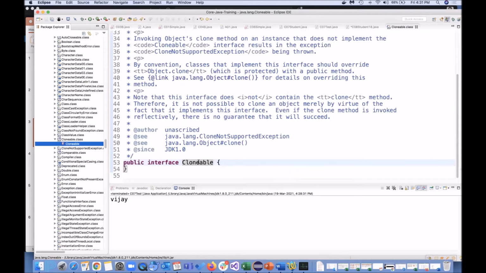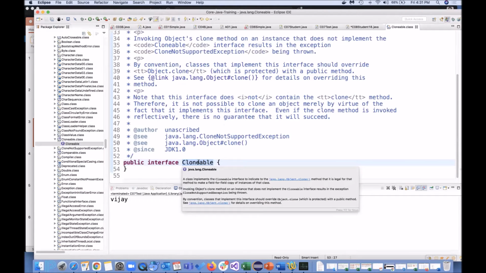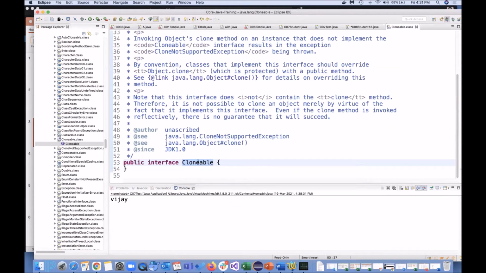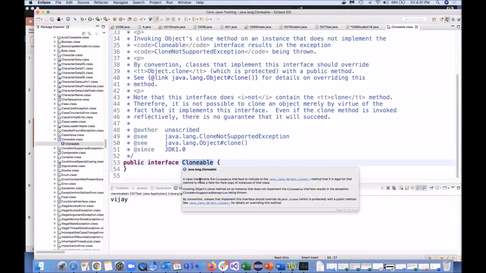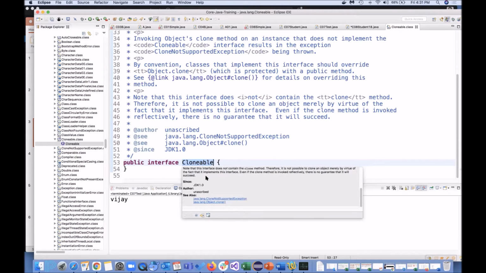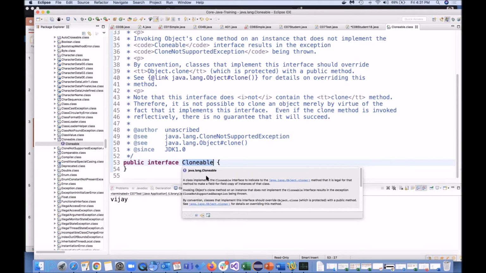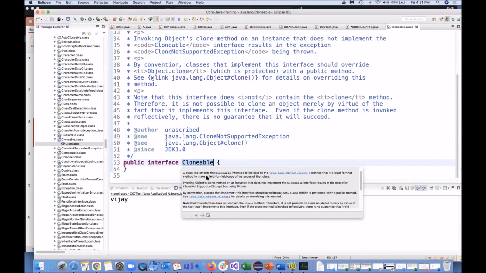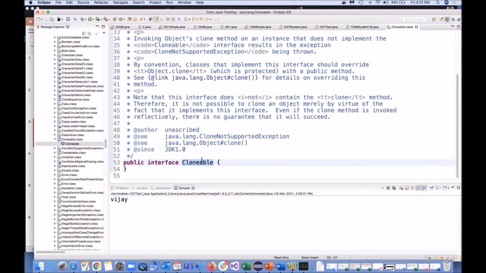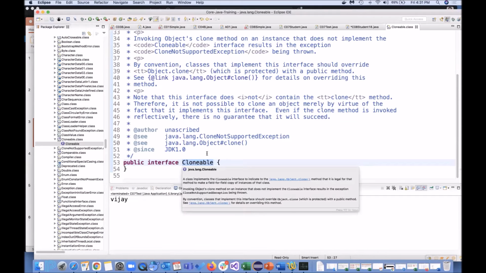But this interface is a blank interface. When I mouse over this, you can see something is written. What is written here? See, you can see this Java documentation, and for any class, any interface like this, it is known as a marker interface.